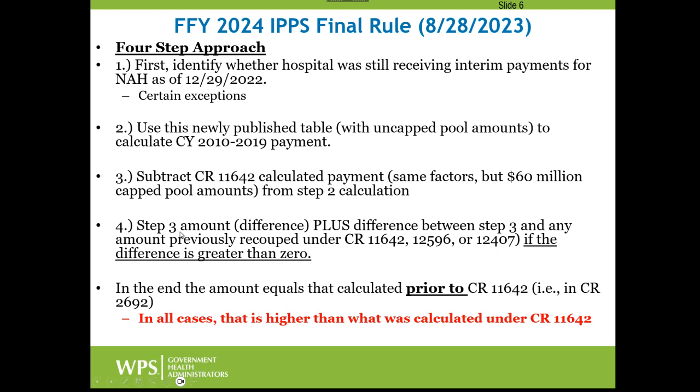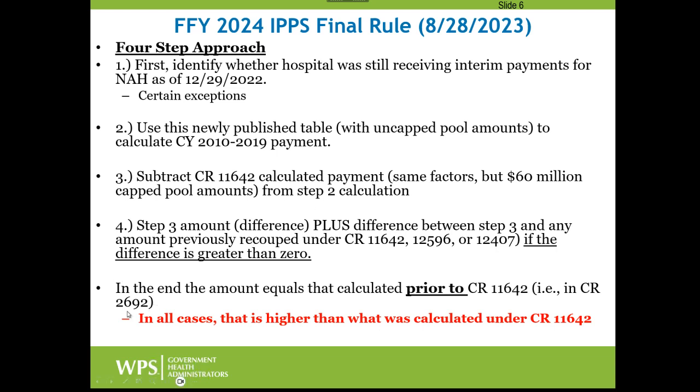Step 4, take that step 3 difference plus the difference between that same step 3 and any amount previously recouped under 11642 or the later CRs, if the difference is greater than 0. Mathematically, that sounds a little confusing. Why are we adding something in only to subtract it again? But that's what CMS wants us to do, basically to reconcile, to show each of the 3 payments. It'll show what you would have been paid under 11642 with and without the cap pool amount, and ultimately what you would have been paid prior to CR